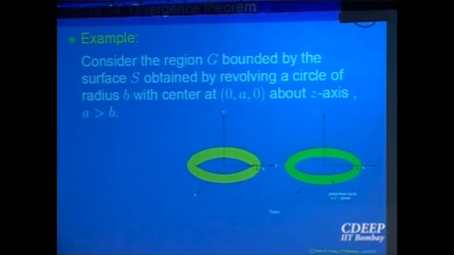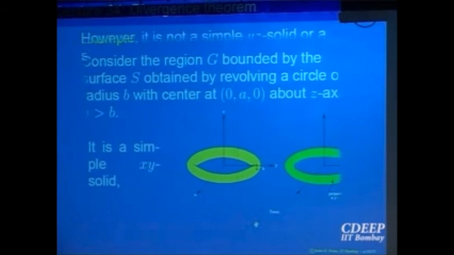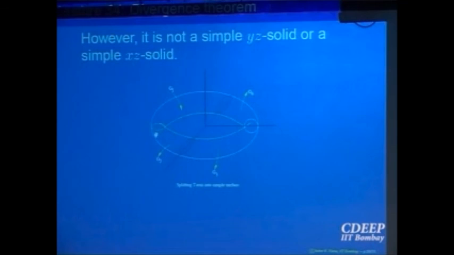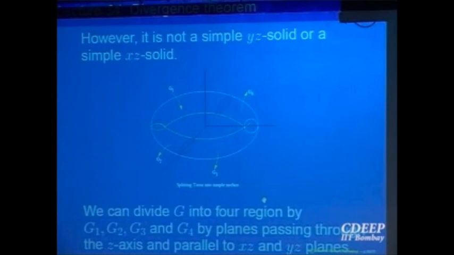But what we can do is cut it into smaller ones, cut it here, cut it here, and then patch it up, like we did for the annulus regions for Green's theorem. So it will become valid because the common boundaries again will cancel out each other. That is the basic idea. So for such things you can also extend the divergence theorem, there is no problem. Cut it this way, then it becomes nice each way, and then patch up the four regions together to say that it is valid.